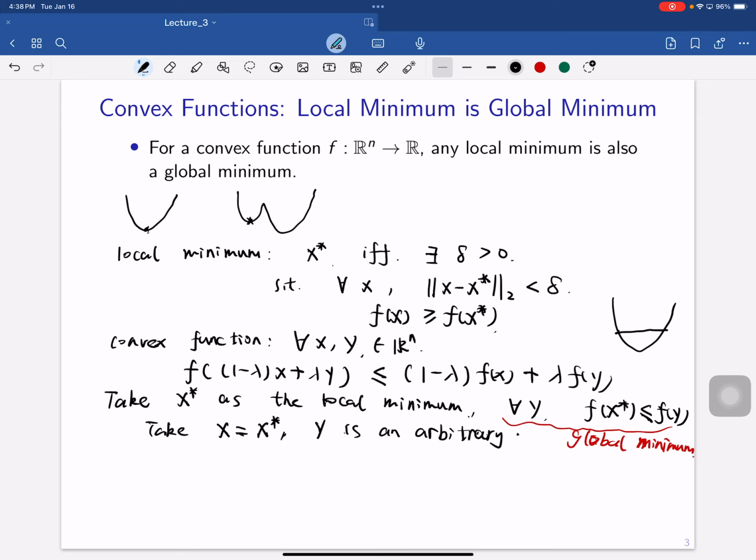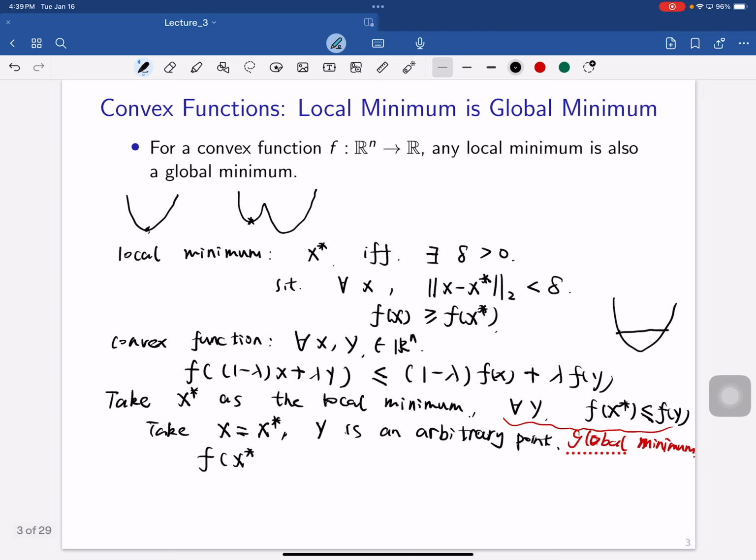Let's say it's an arbitrary point. Okay, and then we plug into the definition of convex functions, right? So the left-hand side, you just replace the x by x star and keep the y, right? So then we will get something as f of x star